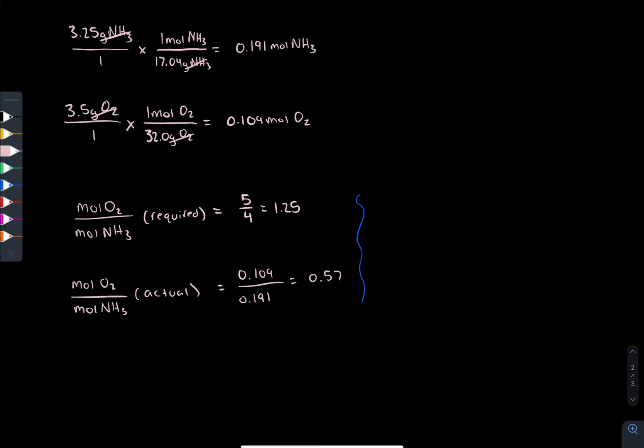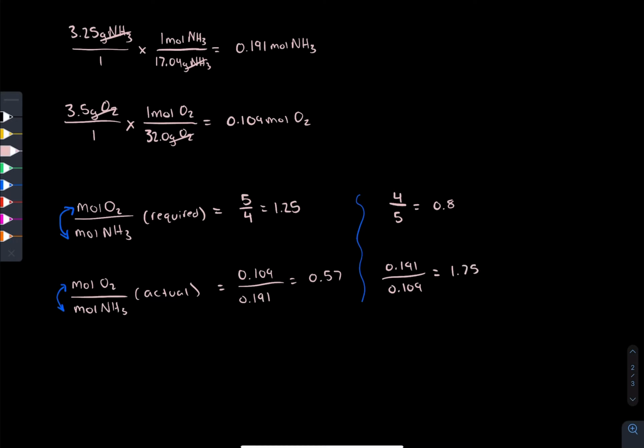And if you wanted to check it again with the other way around, we could just do it over here. So we'll get 4 over 5. All we're doing here is just switching the numerator and denominator. So the moles of ammonia are in the numerator, and the moles of oxygen are in the denominator. We're doing it for this side and this side. So we get 4 over 5, which is equal to 0.8, and we'll get 0.191 over 0.109,